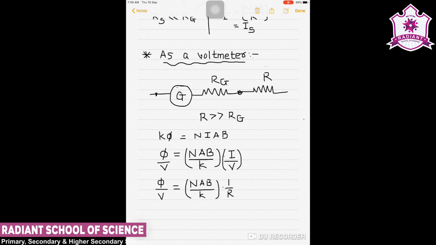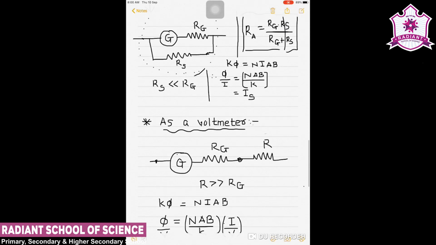Here an interesting point to note is that an increase in current sensitivity may not necessarily increase the voltage sensitivity, because here all the quantities are constant. So how to understand it? Let's again consider the equation of the current sensitivity. Let us move towards that equation as shown over here. I would like to show this equation.